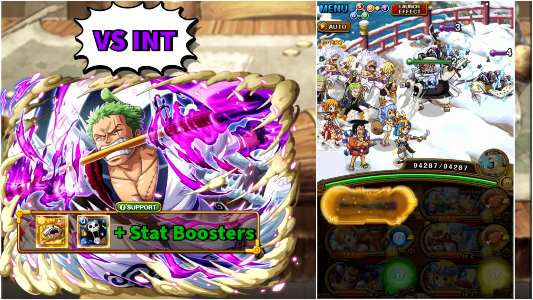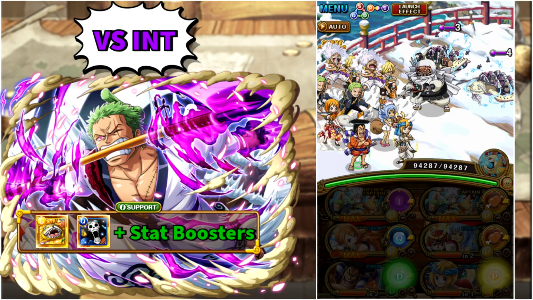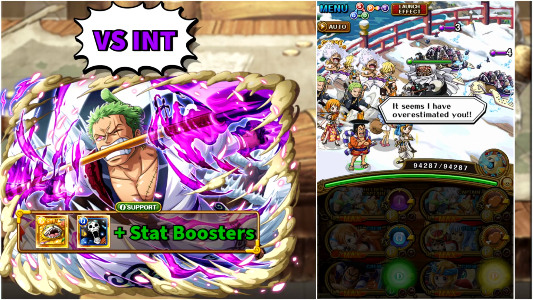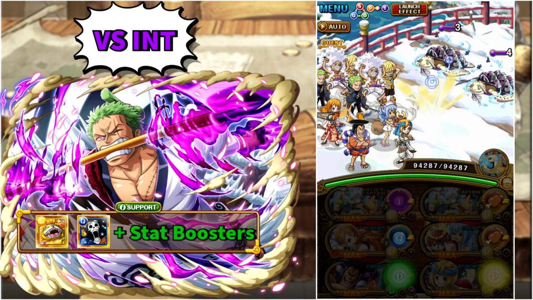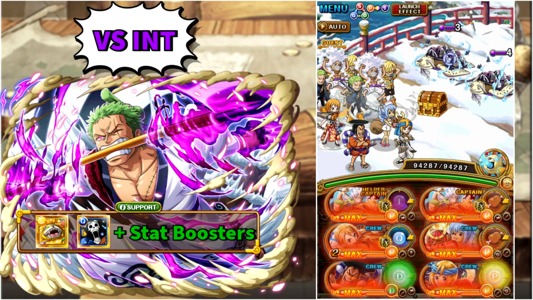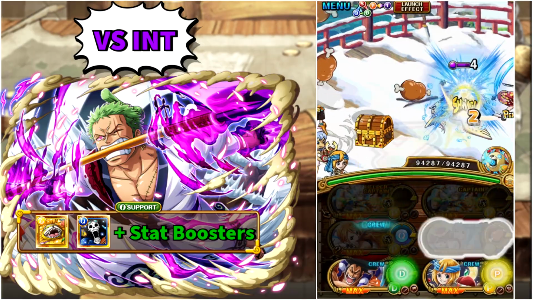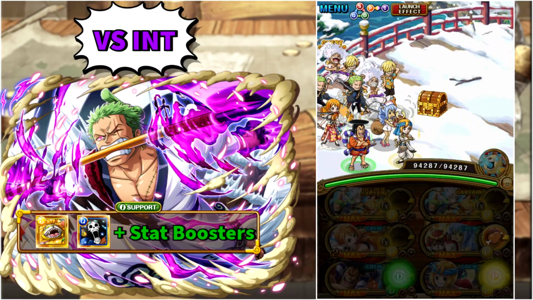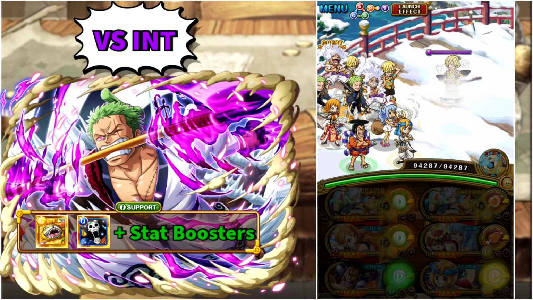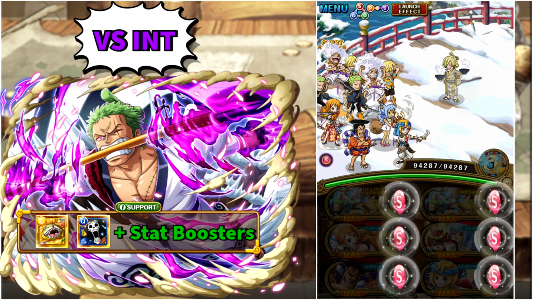The first team versus the Int variation will be using 2 out of the 3 new legends of the 11th anniversary, but don't worry, the next one won't be using any. We have Luffy, Zoro, Sanji as double captain, and we are also using the new Nami, and we have access to both EX supers. Make certain that your special cooldown reduction unit, in this case Baby Chopper, is in the